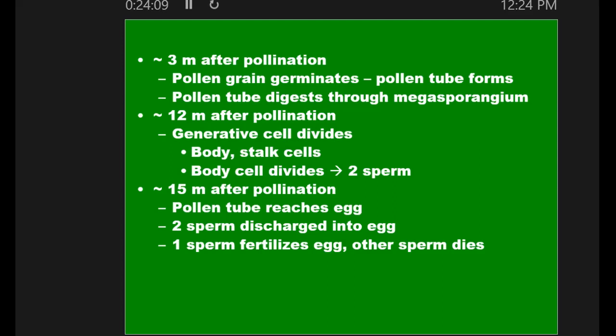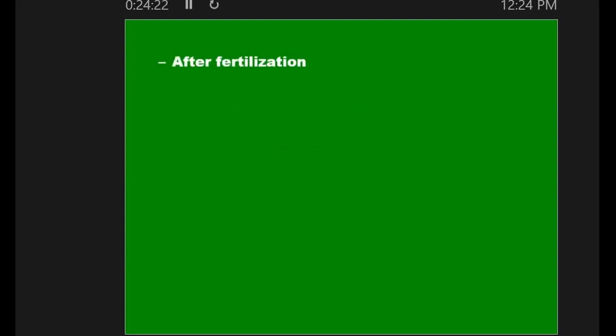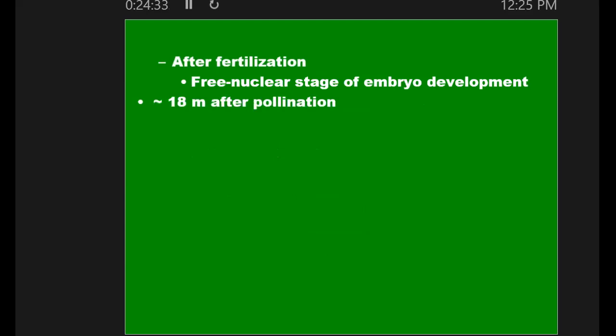So if one of those sperm from that pollen grain does fertilize the egg, then you have to have more growth, of course, because that fertilized egg has to develop into the baby sporophyte. So you got lots of growth that has to happen. So they call it the free nuclear stage, because it's just a bunch of really rapid growth, but it's hard to make sense of the tissue. It looks really odd under the microscope. And then about 18 months later, you start to see a mature embryo. We have the baby sporophyte